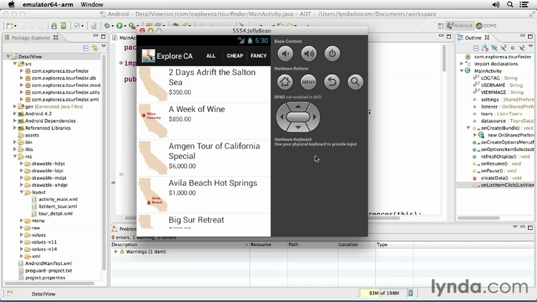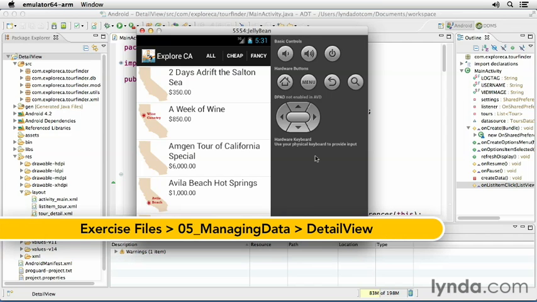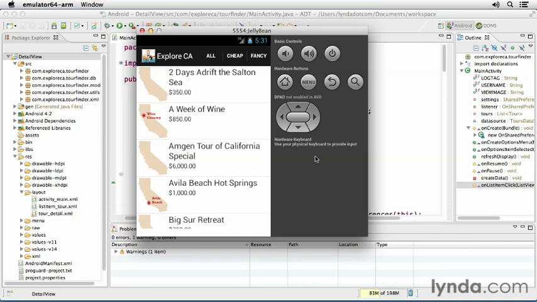My sample application so far is using data that's imported from XML and then stored persistently in an SQLite database. And it's now capable of being displayed in either a rich display as we see here or in a pure text display. I'm going to add some new functionality now. And in fact, in the new version of the project, which is named detailview, the application now has a detail